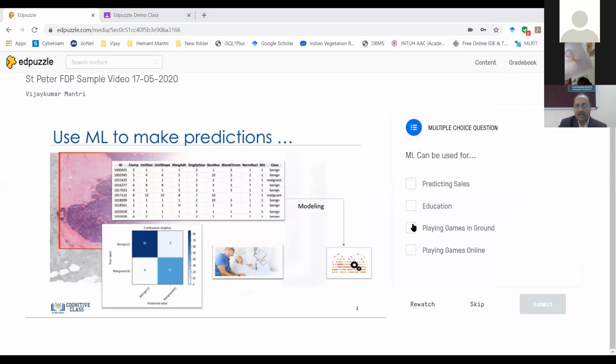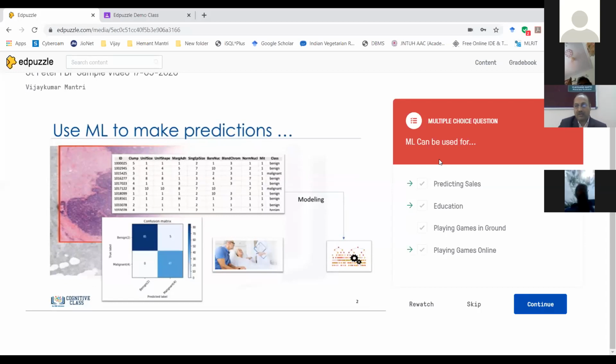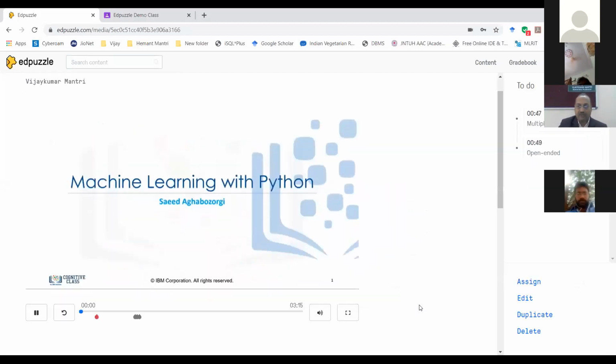At this stage, I can give answers, maybe correct, maybe wrong, something I'm giving here. Submit. Then it shows the grading part. I'll tell you the grading part afterwards. So for the multiple choice question, these are the answers shown here. The skipping part is there here, but I can control the skipping also. That also I'm going to show. See, sometimes if the students get a wrong answer, they can go and rewatch.